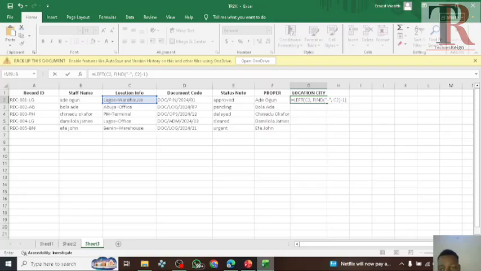So what this command is saying is, from the start of the string, which is left means from the start of the string, C2, which is this Lagos warehouse, find this dash in that C2, find the dash in the C2, then subtract 1 from the dash and give it to us. That is, find the dash, subtract 1, and give it to us. So when you click at equals to,